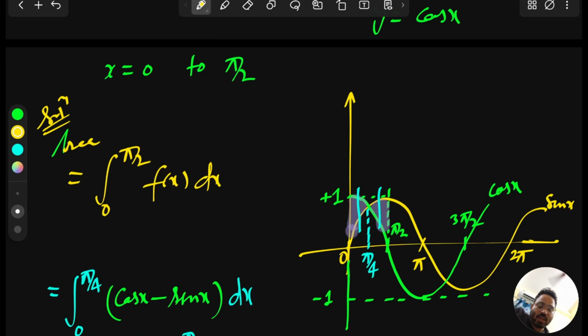And I'm just giving you one question from the homework, and in this case you have to find out the area from 0 to pi, and you have to tell me how you will find out the area from 0 to pi. So this is the question from the homework. Now let's see the next question.